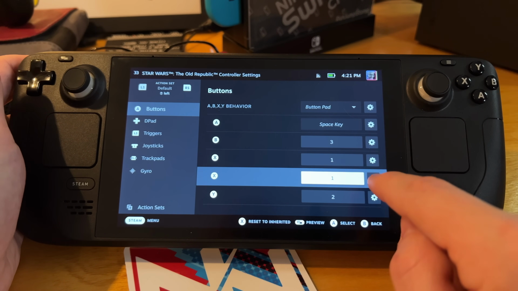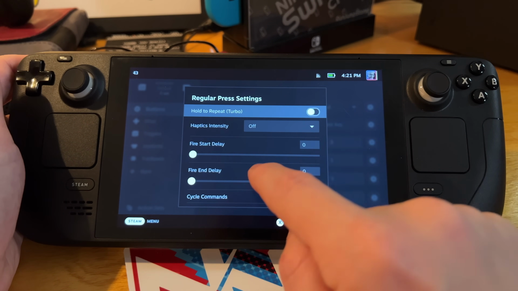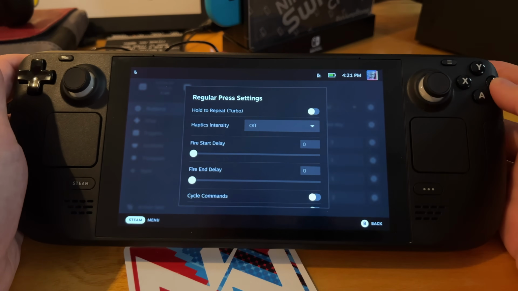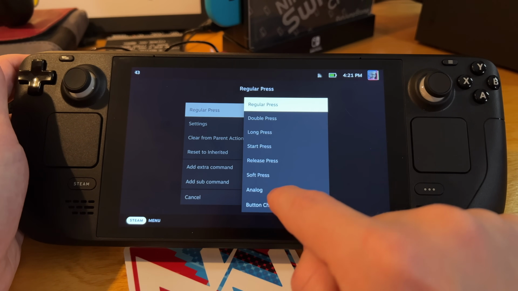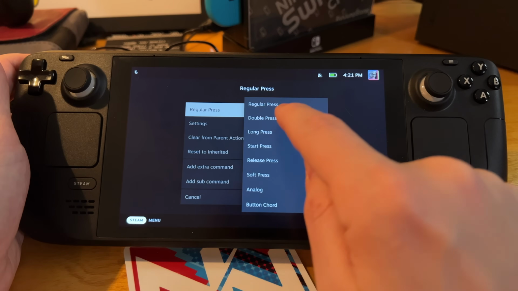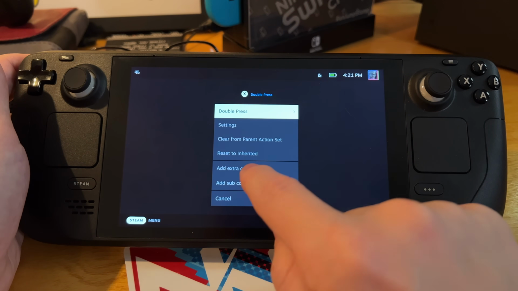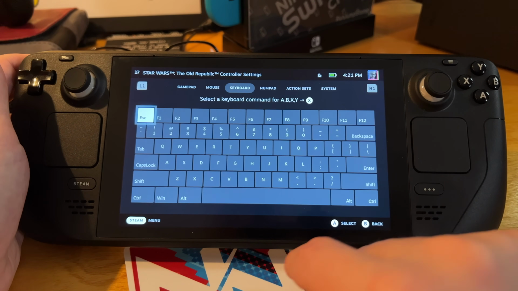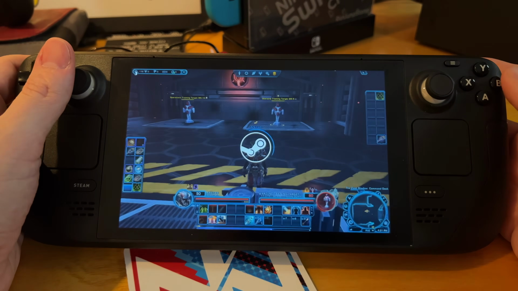Yes, it is. However, I'm going to set that extra command, instead of being a regular press, let me go back. Instead of being a regular press, it is a double press. Okay? And then I'm going to set up a subcommand that is Shift. So the way that it works now